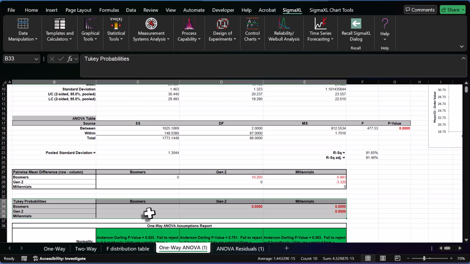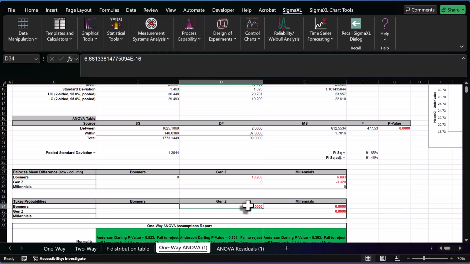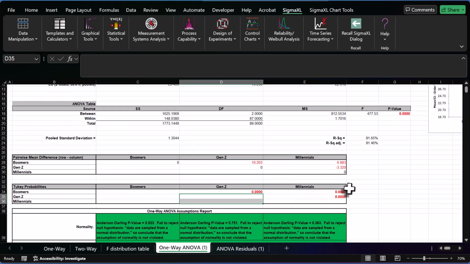So boomers versus Gen Z is 0.0. Boomers versus millennials is 0.0. And Gen Z's versus millennials is also 0.0. Everything else is blank because it's just a mirror cell. Now, ANOVA results had told us that there is a difference somewhere. What Tukey probabilities tell us exactly where, and in this case, all three age groups spend significantly differently from each